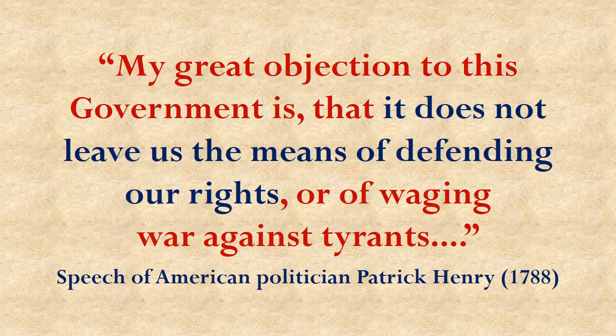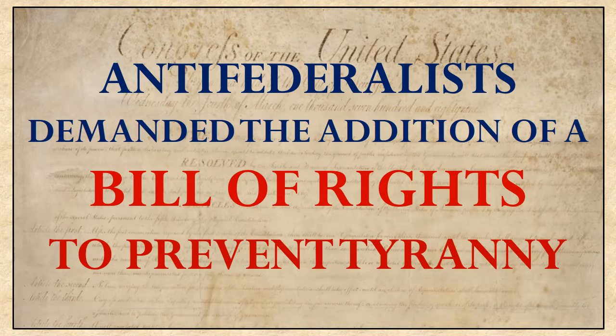Well, this was a common concern among people who opposed the Constitution when it was sent out to be ratified. And we called those people collectively the Anti-Federalists. The Anti-Federalists, to alleviate this concern, demanded that a Bill of Rights be attached to the Constitution. So remember, if their big worry is that this new government that's being created will be too powerful and it'll end up being tyrannical and oppressive toward us, and then they ask for a Bill of Rights to be included, obviously they're thinking that the Bill of Rights is going to be a way to stop the national government from abusing its power. It's going to be a way to stop tyranny from happening.